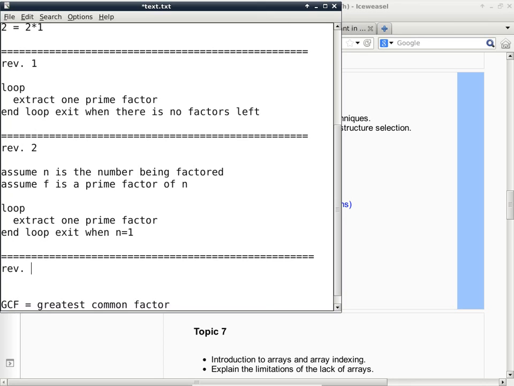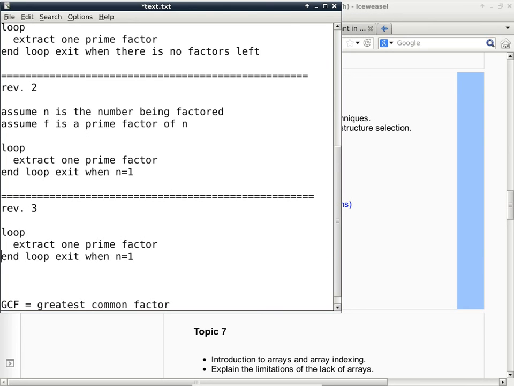So now let's try revision 3. Revision 3 is going to take this, and then we have to figure out what we have to do. Do you think I'll have an n that equals 1 as the problem to solve all the time? So n usually would be a number greater than 1, right? It's going to be 196, 49, 128, and so on and so forth. So if n is the number being factored and is given to me and it's not 1 to begin with,